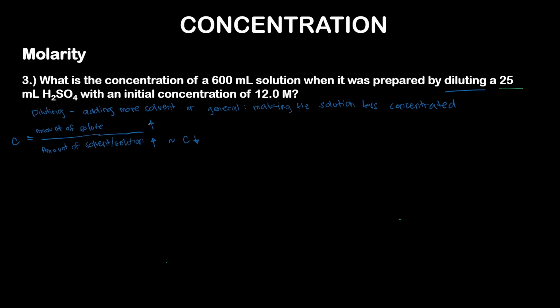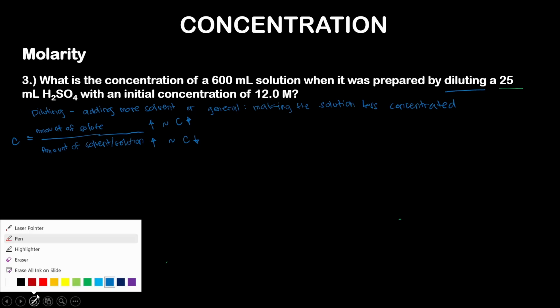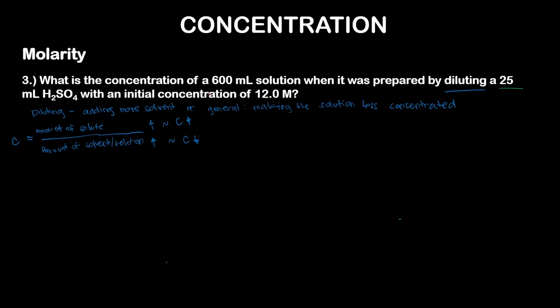When we increase the solute, C increases. So the principle of dilution is just adding more solvent to create a less concentrated solution. Okay, so in this problem, we're going to use the dilution principle, which is